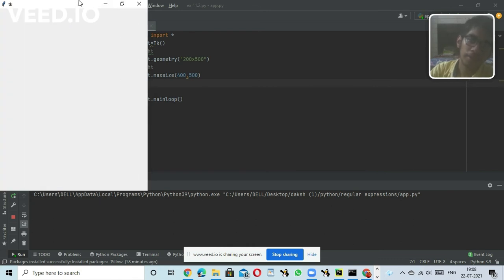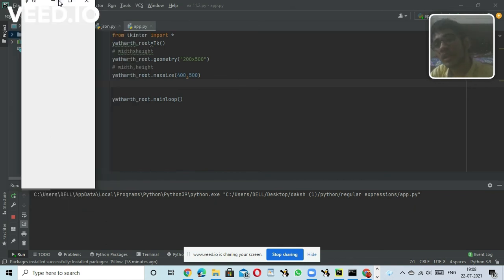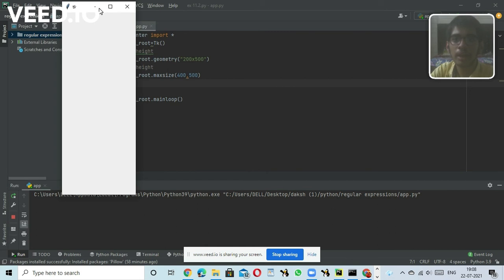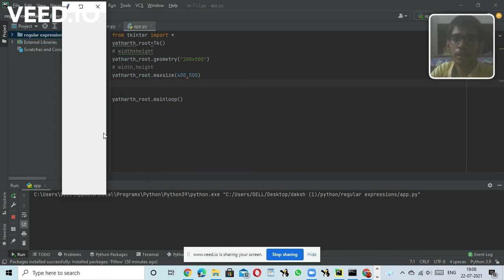This is the maximum size. Above this it cannot go. This window will not move above this. Okay, above this it will not go, but still we are able to contract it to minimum like that. For example, you can see this is